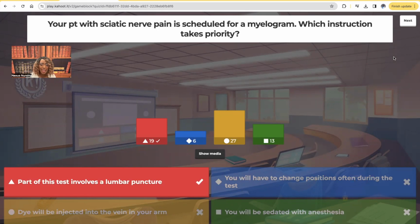And is that dye injected in the person's arm, in their vein? Are we looking at the vessels in the arm? Absolutely not. That dye, where it's going to be injected, we're going to see in the spinal column, because that's what we're actually looking at. So that's wrong. The correct answer, which 19 of you guys chose, is part of this test involves a lumbar